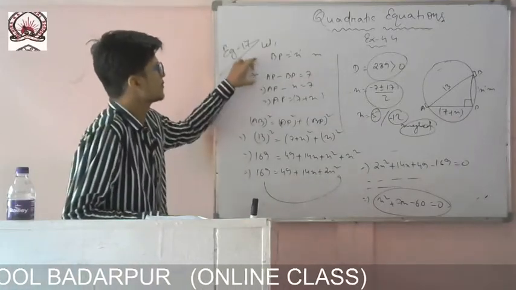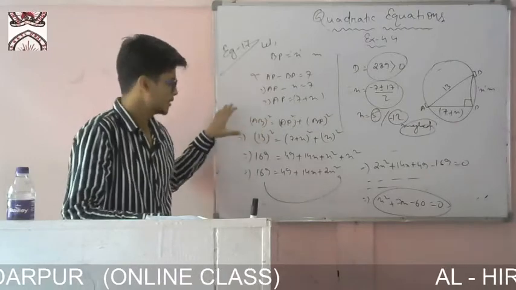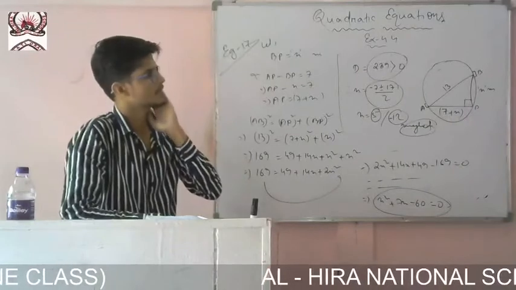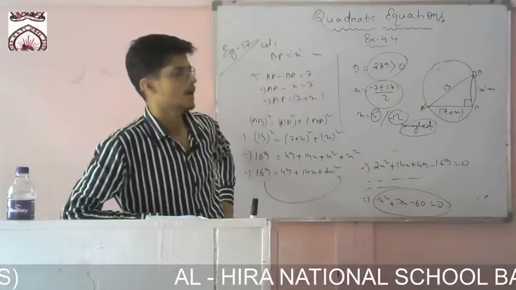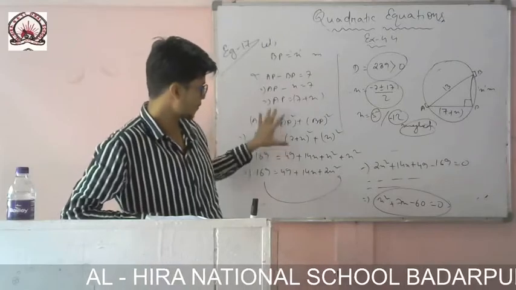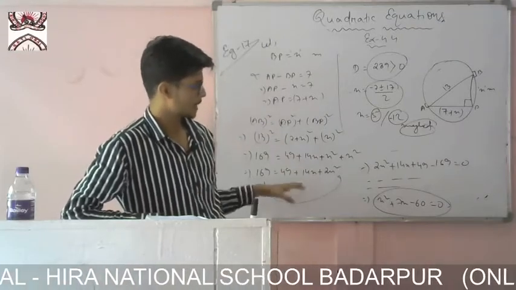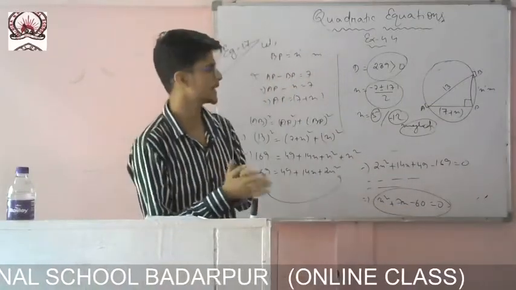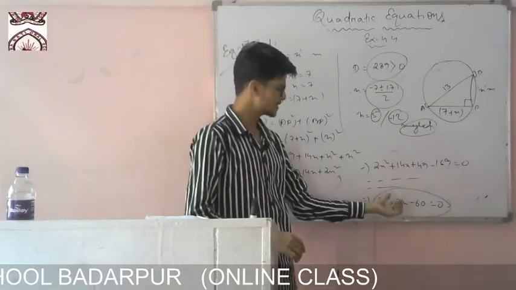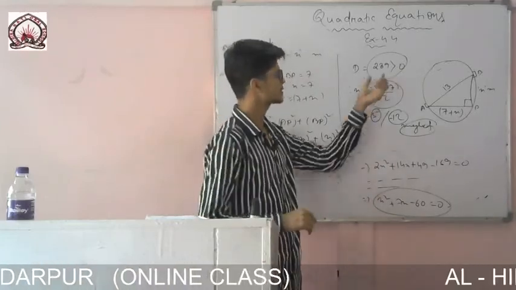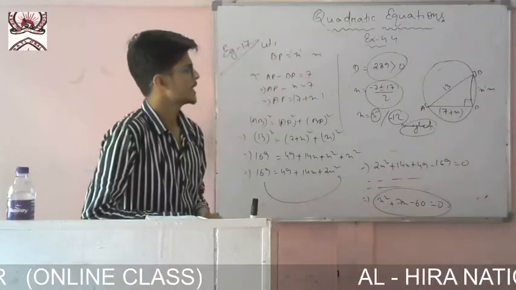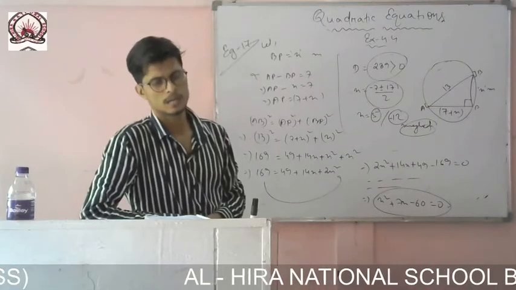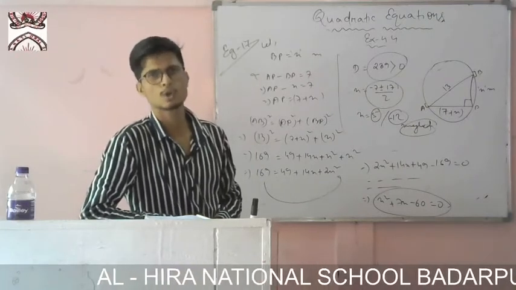What we have done: first of all, we found BP and AP. Then we used the Pythagoras theorem because the pole was erected, that means it was perpendicular. If it is perpendicular, then angle P is 90 degrees, so I can use the Pythagoras theorem. After using this, I got a quadratic equation. The question asks, is it possible? For such questions, if you can easily find the roots, go on, or else just find the discriminant. If the discriminant is greater than or equal to 0, then yes, it will have roots. If it is less than 0, then it will have no roots, which means it will not be possible.